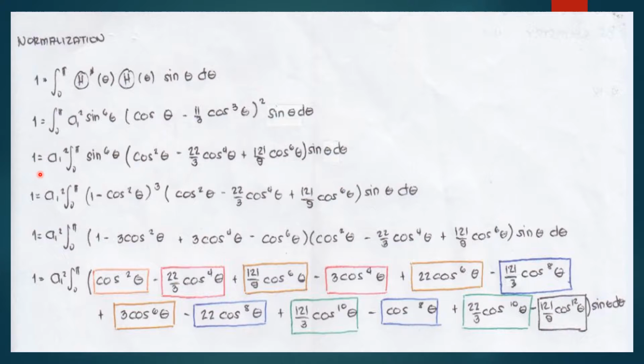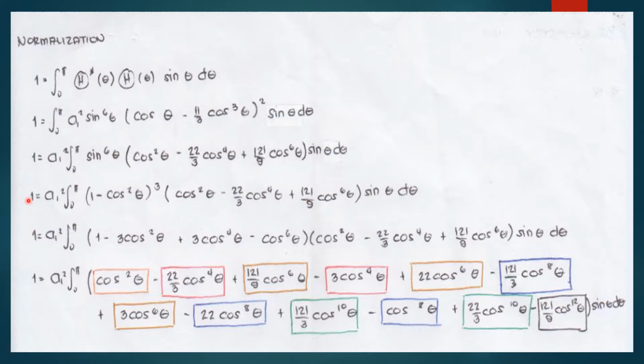Now, 1 is equal to A1 squared integral of sine theta raised to 6 times cosine squared theta minus 22 over 3 cosine theta raised to 4 plus 121 over 9 cosine theta raised to 6 times sine theta d theta. Now,